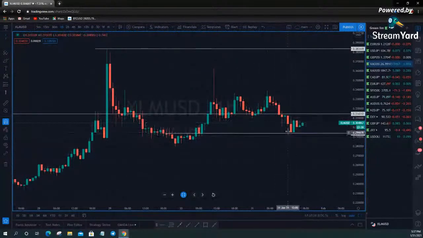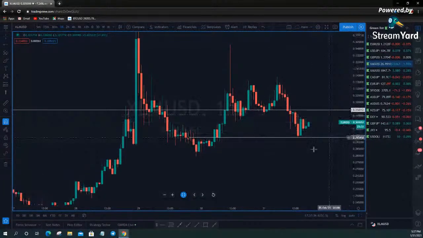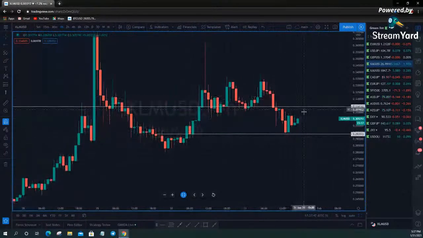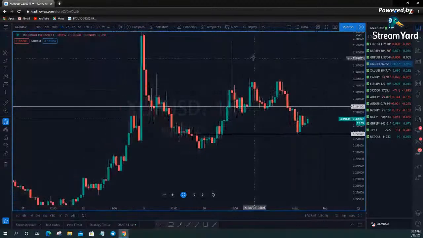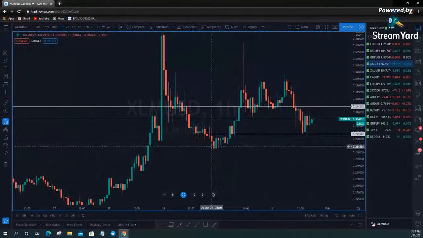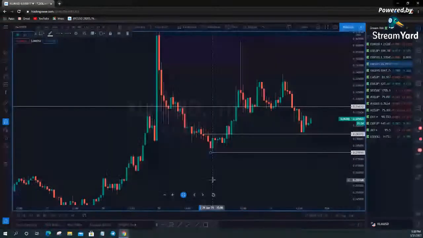Basically, when I see a support test, it's just because the liquidity's thin right now. There's not a lot of people trading on Sunday evening at 5 o'clock. So consolidation is inbound. If you start closing hourlies above this 31.4312 level, you can start to look for higher prices. But you do want to see this swing high taken out right here. If you can't get back above this level, then it looks like it's possibly heading lower to test this last market structure swing low.